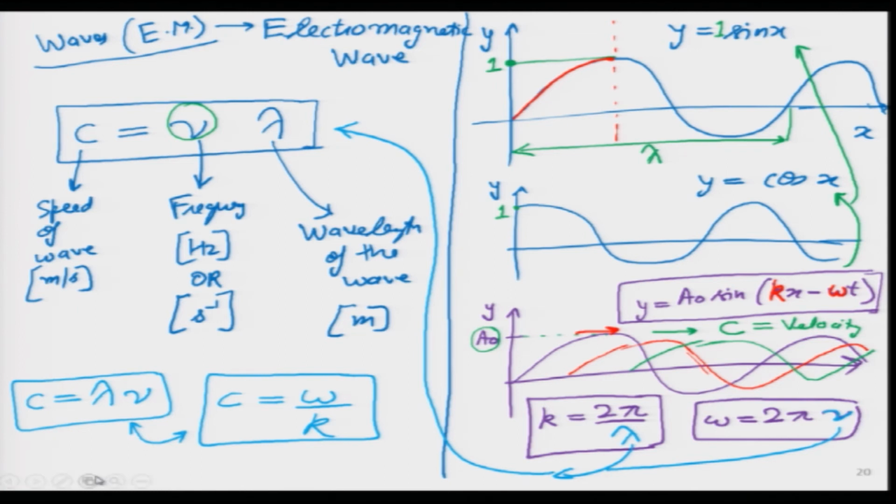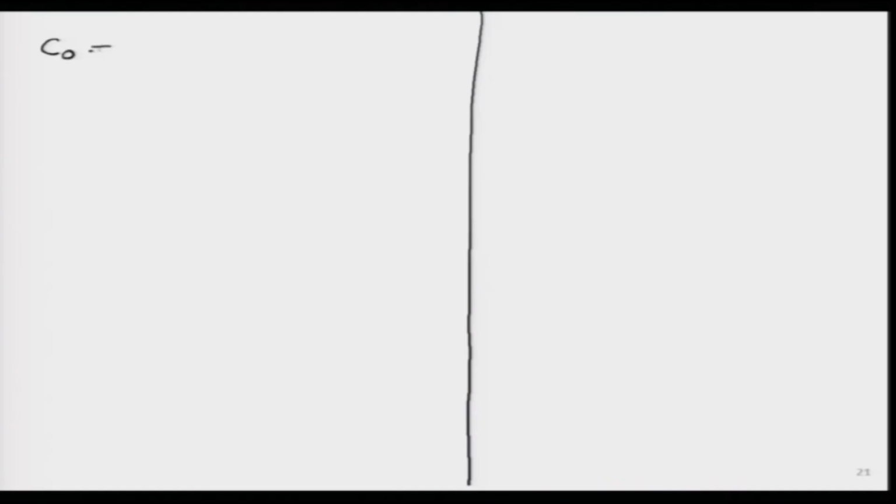So, these are some basic concepts about waves, and the same thing holds true for electromagnetic waves as well, because as the name suggests, we will see very soon there must be an electrical component and a magnetic component travelling together at the speed of light, that is the electromagnetic wave. Which means, we can jump ahead and define the speed of light as the wavelength times the frequency of the electromagnetic wave in vacuum. That is why we put a naught over here. So, if we are putting a naught, then we mean in vacuum.